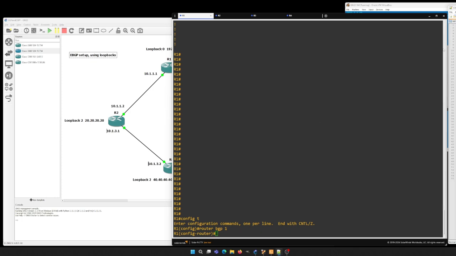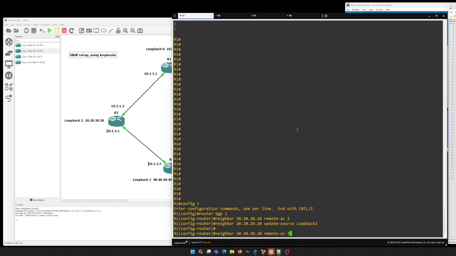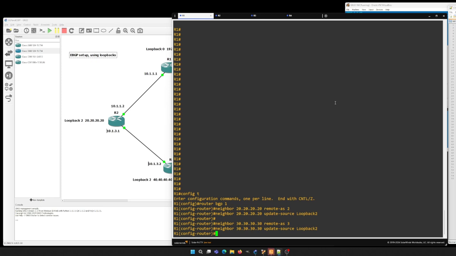Our neighbor is going to be, that's for neighbor 2, and we're using loopbacks, so we need this statement for loopbacks, and this will be for the router 3 neighbor, and use the loopback also for router 3. And because we're using loopbacks